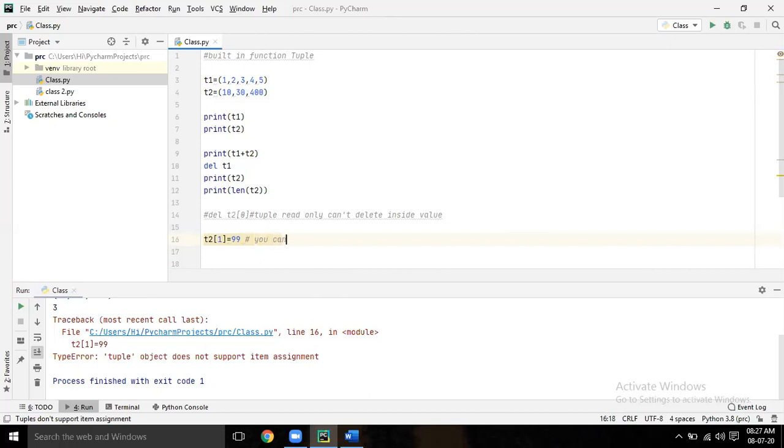So like that, as it is read only, you cannot do any operation inside the tuple. But simple things like length and all these things that are there in the list, try those things. Some things like updating and deleting you cannot do, but other things you can do, like finding the same on the string also.